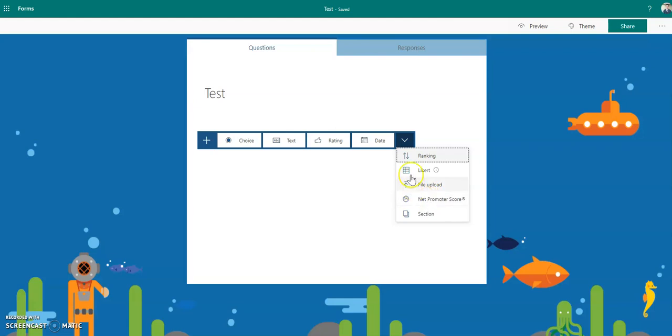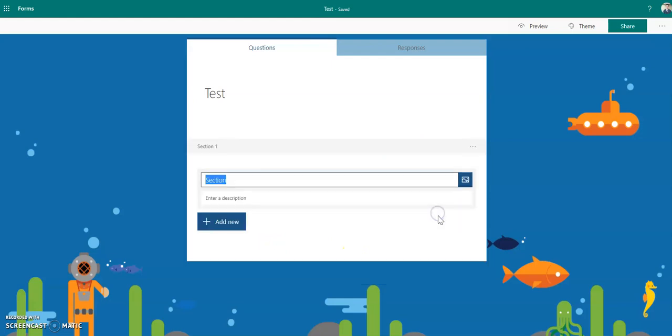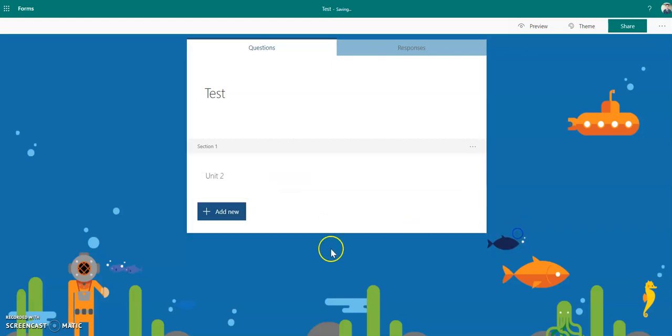The other bits and pieces aren't all that necessary, but the section can be used to split up your form or split up your quiz a little bit if you so wish. So if you want this section at the top here to be about Unit 1 and you want this bit down here to be about Unit 2, you can put in a section. I'll show you this before anything else. You can split it up basically. Click off of it. As you can see, it sort of splits up a little bit,